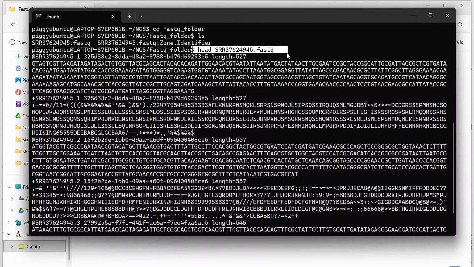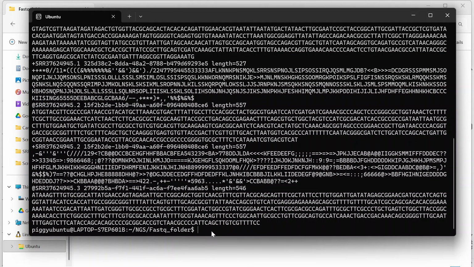Siddesh, we get the FASTQ file from the SRA NCBI. If you don't want to download a FASTQ file from the NCBI SRA directly, you can use the terminal. But it will still get downloaded from the NCBI SRA because all the NGS data is uploaded on the NCBI SRA. So if you do not want to directly download from here, you can use the commands, but it will still download the file from the SRA. Okay.